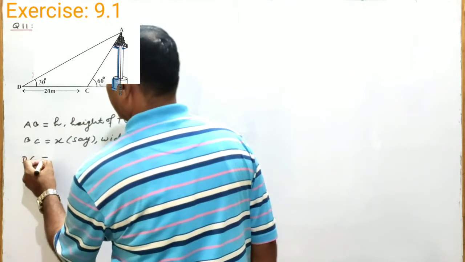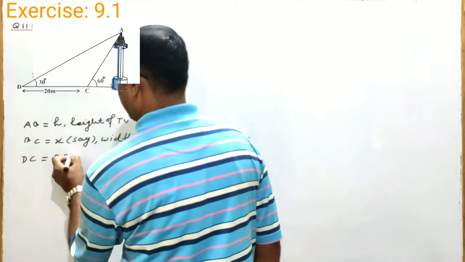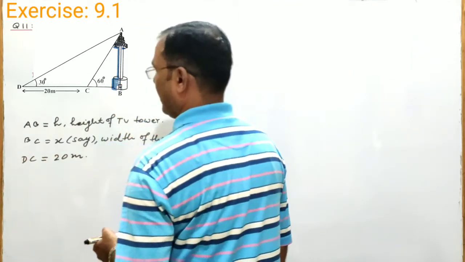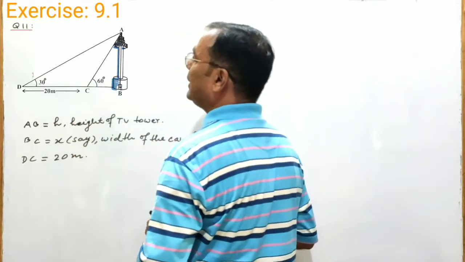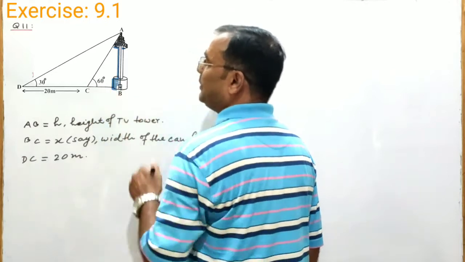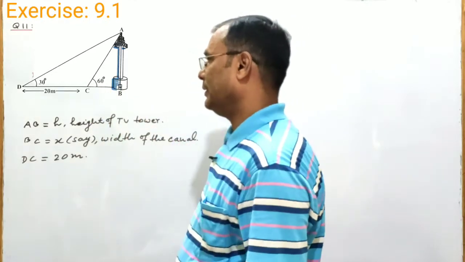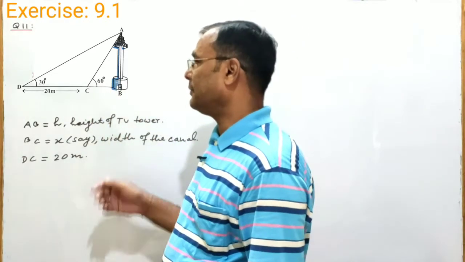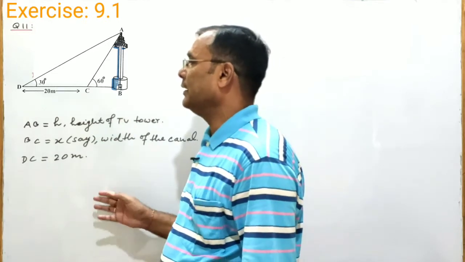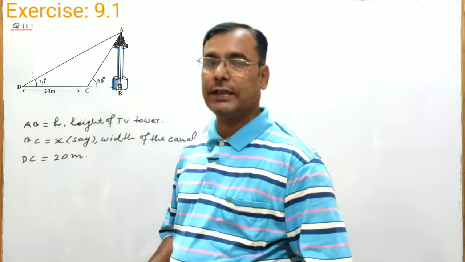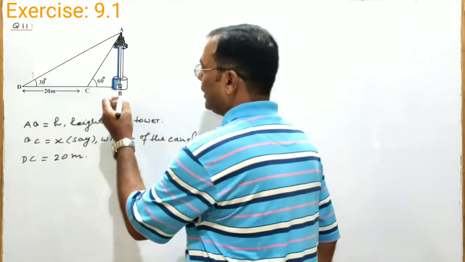DC is 20 meter. Angle ACB and angle ADB are angles of elevation of top of the TB tower, AB from point C and from point D respectively. In right triangle